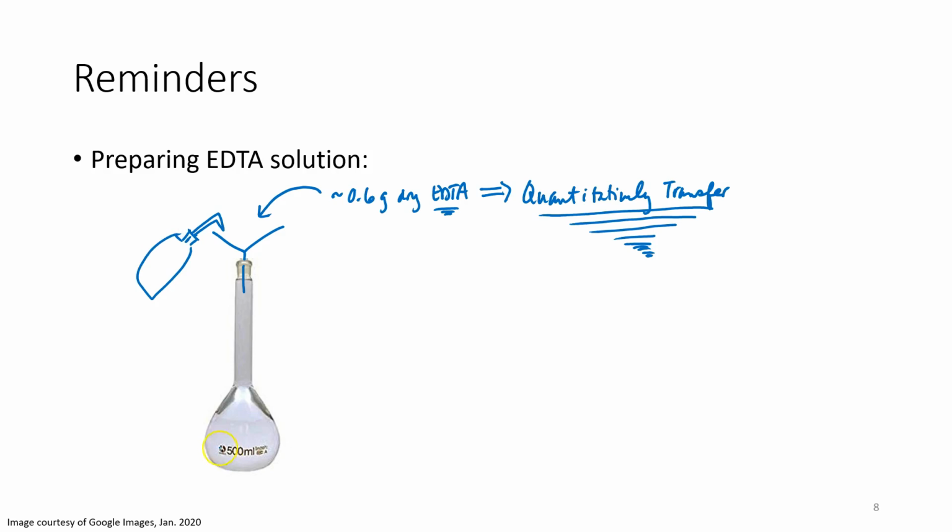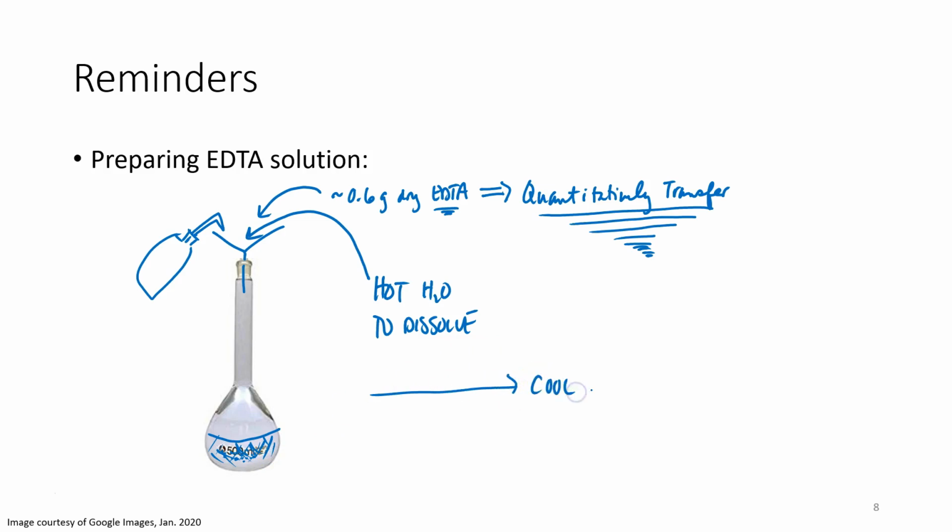And then this EDTA salt, once it's all in here, won't dissolve in room temp water. You've got to use hot water. Not boiling water, just hot water, so maybe pour some hot water, maybe to there. So swirl the flask to get your EDTA to dissolve. Allow it to cool to room temp, and then dilute to the mark